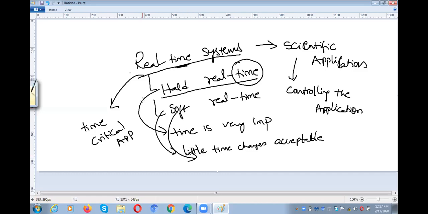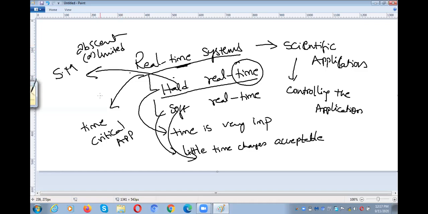Yes, ma'am. So one more interesting point about hard real-time systems is that in this type of system, there is no secondary memory. Secondary memory is absent. Why? Because as they are time-critical applications, everything must be done in a faster manner. If there is a secondary memory, again we need to load the application from secondary memory to main memory, and again from main memory assign it to the CPU. So it will be a time-consuming procedure. That is the reason why in hard real-time systems, secondary memory is absent or limited. If there is a secondary memory, it is very limited. It is usually absent.